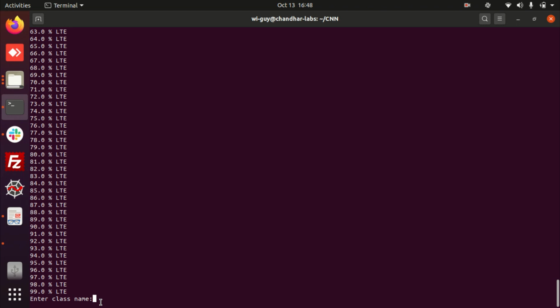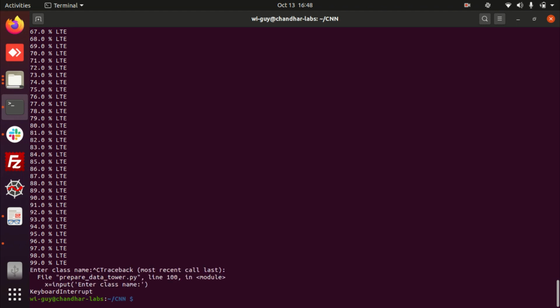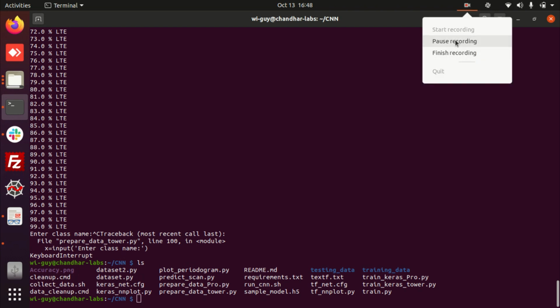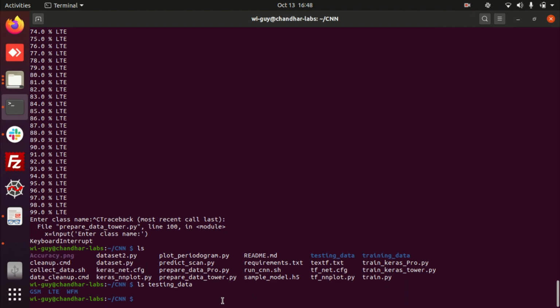I am stopping here, so I press Control C. If you have more signals, then you can add the class name and prepare the signal. Now going back to the main program. Whatever signals have been generated are saved in the folders testing_data and training_data.